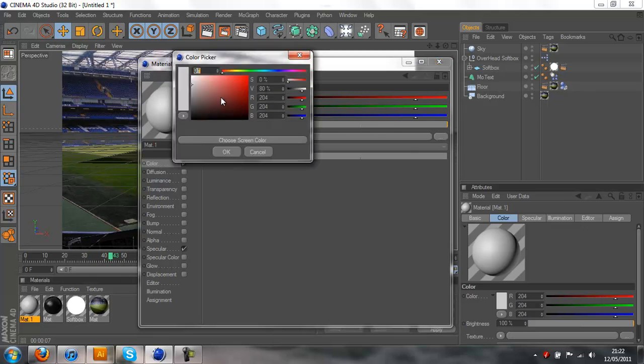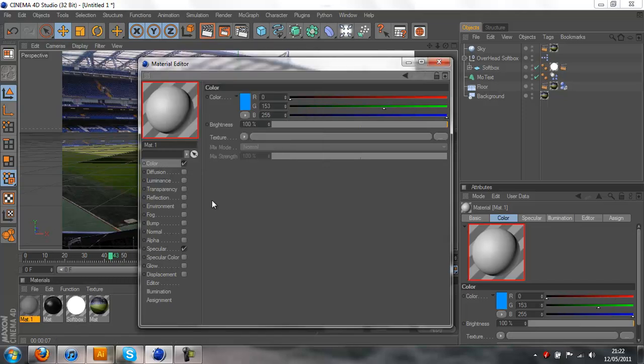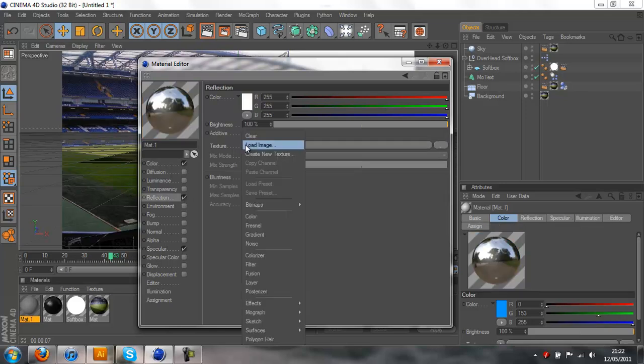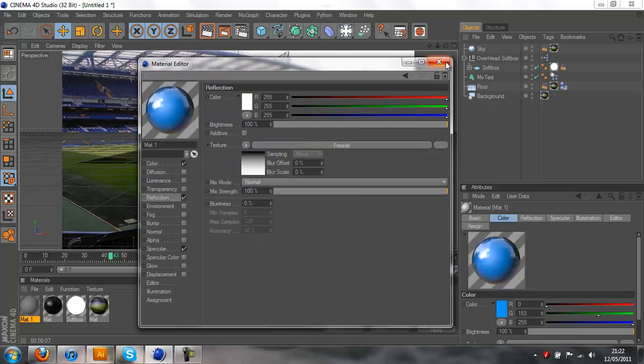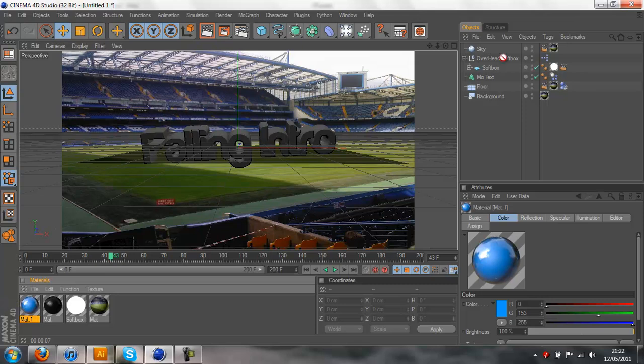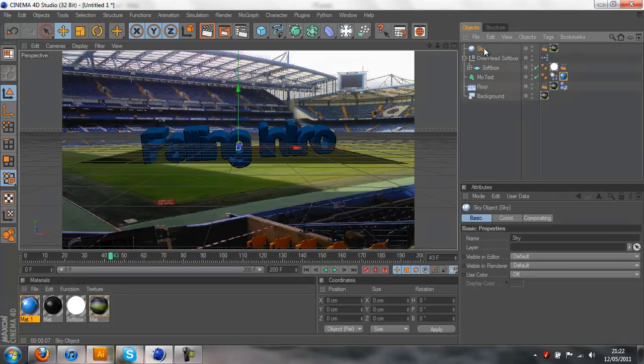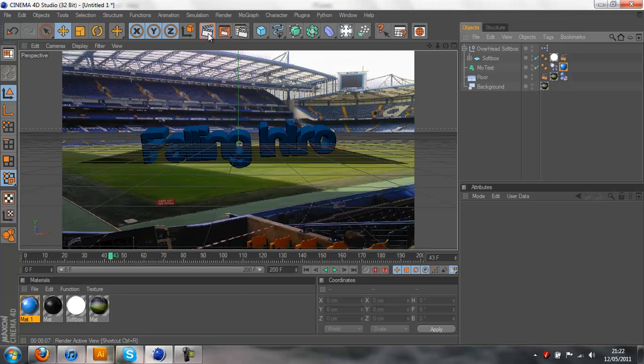Now if we render it, actually first, if we add a material to our text, like so, we'll just go with blue. I'm feeling bluish today. And go to tick reflection and check for now. And then if we drag that onto our text, if I just get rid of this sky,